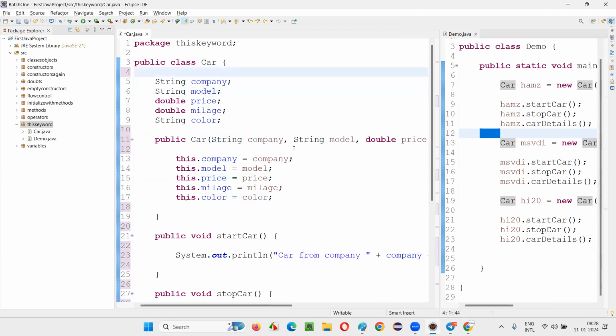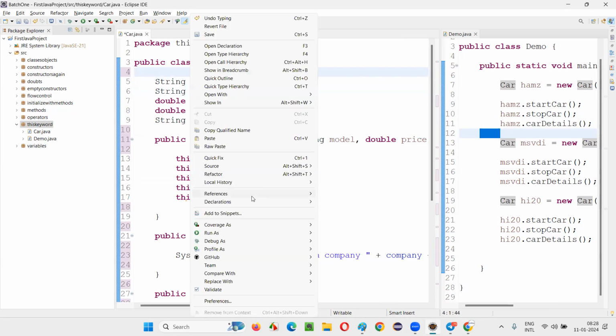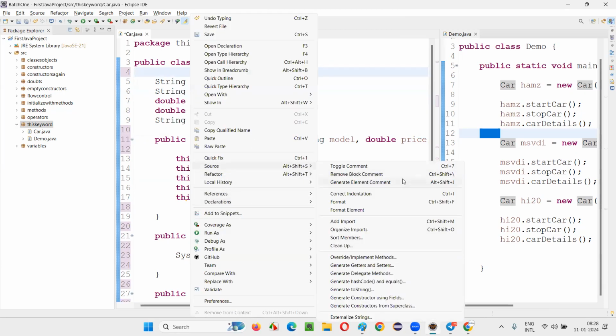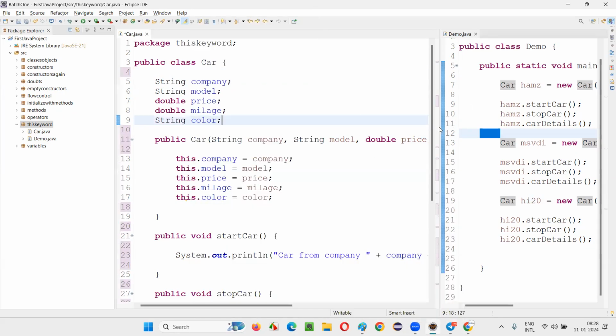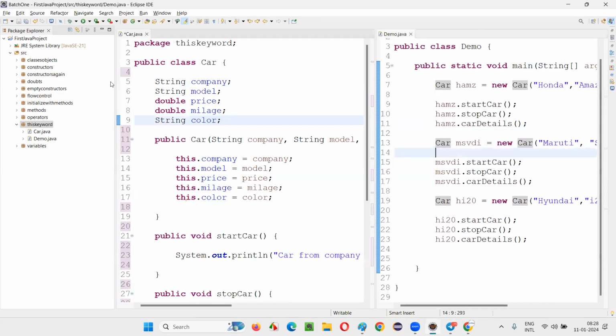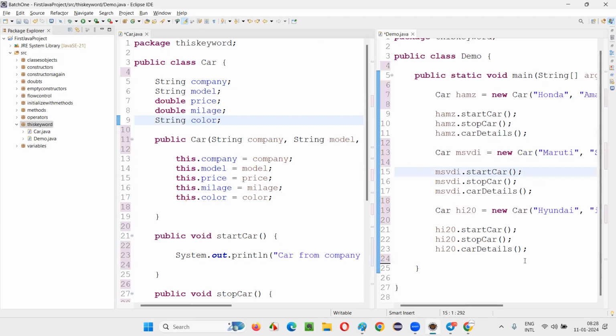Even whatever they said is also correct. So if you don't remember the shortcut, come to Source and Format, and you'll get the shortcut there. That's a very good shortcut. Here also I'll press Control Shift F to see if everything is okay. That's good. Some spacing will come between the commas and other extra things. Anyhow, that is good.